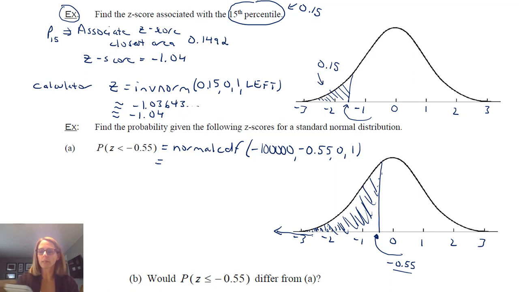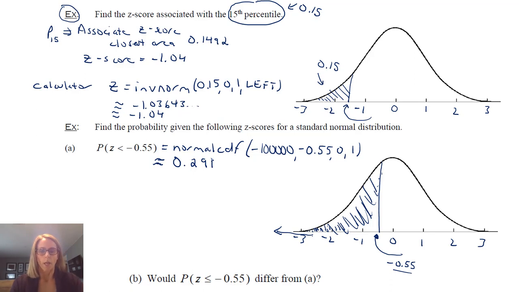So now we're just going to press enter, and our answer just pops up. It's just right there. So now I'm going to round that to 3 significant figures. So see if you get the same thing. 0.291. So that's the area to 3 significant figures. And that's your answer. And so what the calculator is doing is it's adding up all the area from this -1 times 10 to the 99, all the way up to